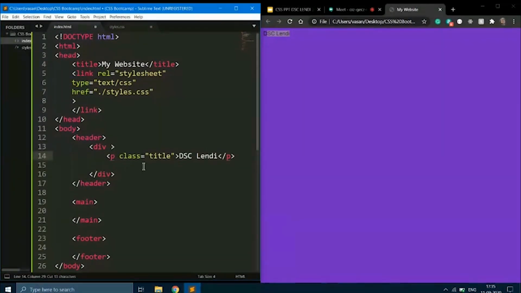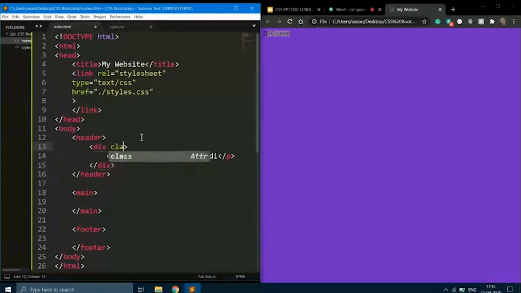We'll apply the CSS to our paragraph tag, and for the div I'm going to use the flex layout. Let's say flex header. We can give any name here, as you wish. So for this div tag, I'm having the class flex header, and inside the div tag, I'm having the child tag called paragraph tag, where I'm having the DSC LND.